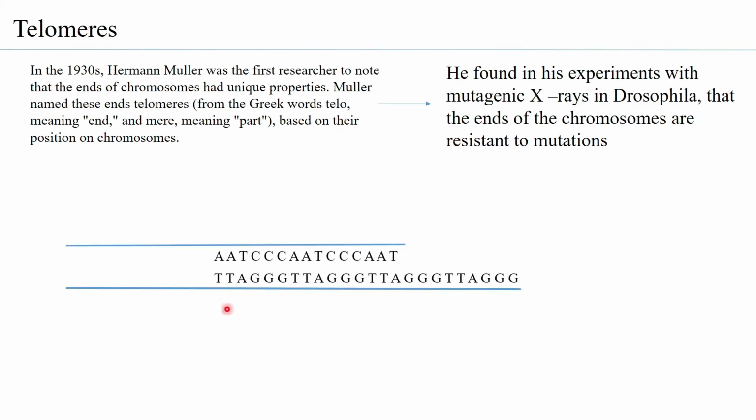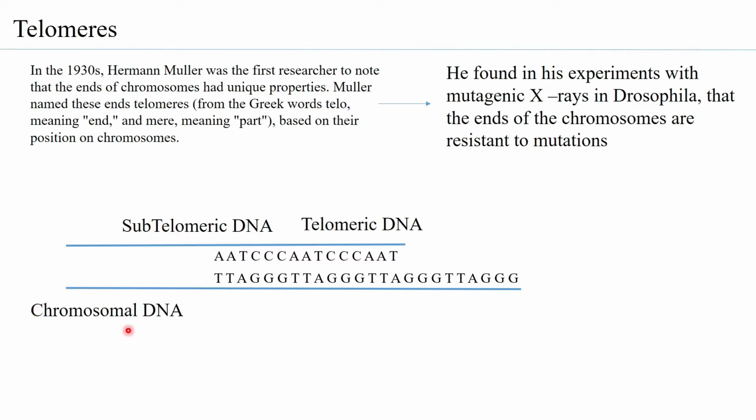Now, when you look at the telomeres per se, you will find that the telomeres are repeats, or sequences that are getting repeated. So this portion is the telomeric DNA, and just preceding the telomeric DNA is the region which is called subtelomeric DNA, and preceding the subtelomeric DNA is of course the chromosomal DNA, which would have all functional genes. So even if we had an exonuclease cutting onto the telomeric region, it will take time before it reaches